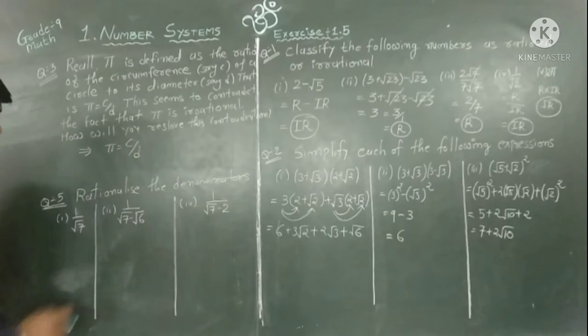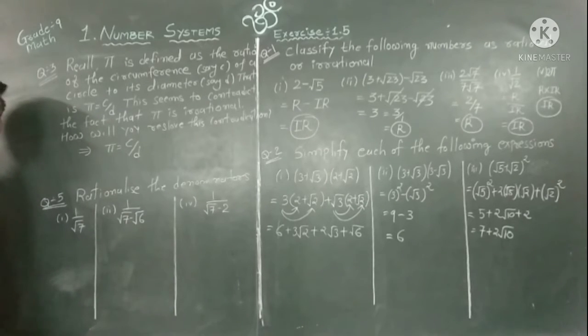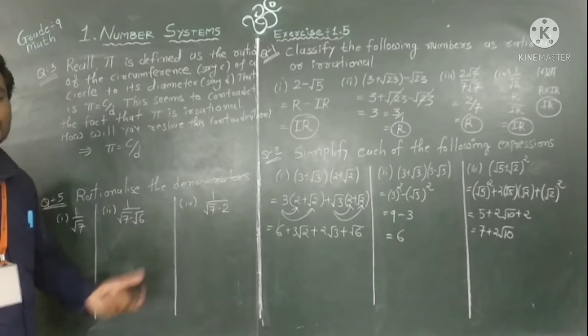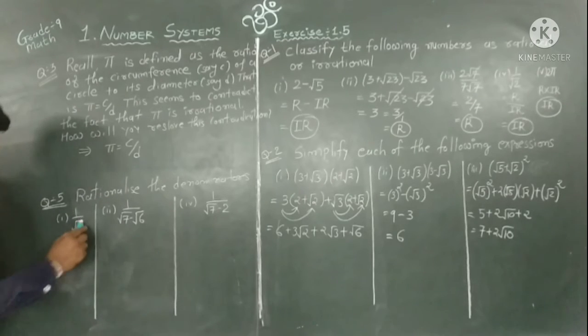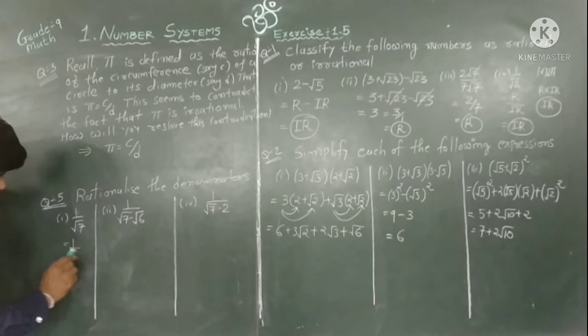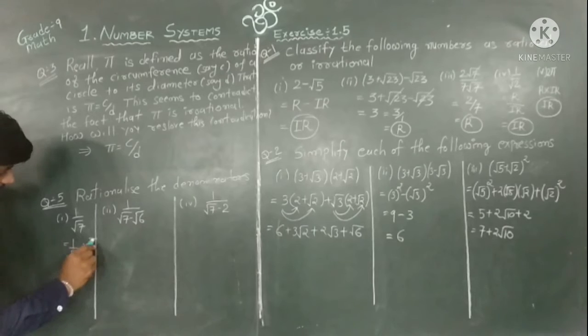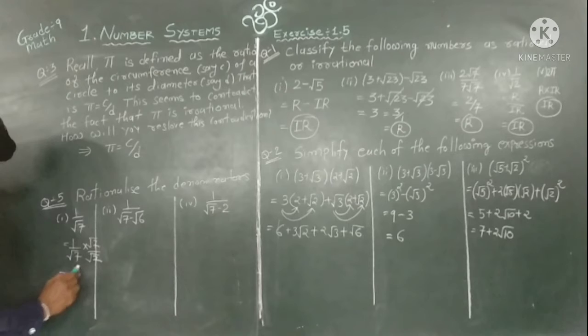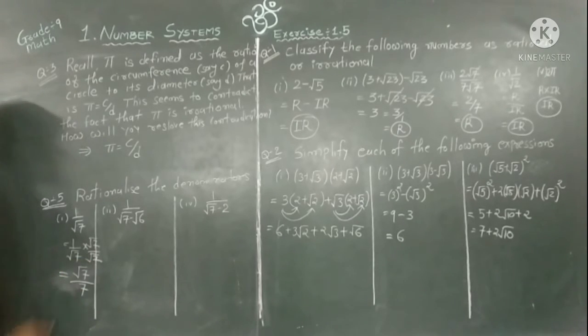Okay. Now look, rationalize the denominator. Here we have some examples. We have to rationalize the denominator. Rationalize the denominator means we should not have any symbol like under root or cube root in the denominator. So I write an equivalent fraction of this. Multiply root 7 by root 7. So what happened? 1 into root 7 that means root 7. Root 7 into root 7 that means 7. This is a rationalized form because we have no symbol in the denominator.